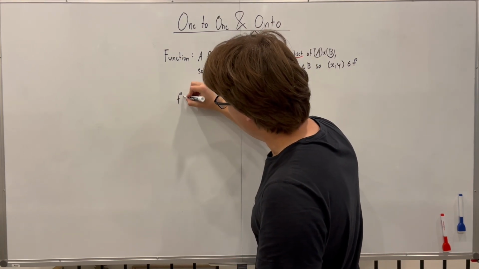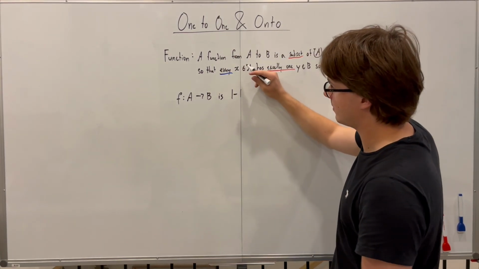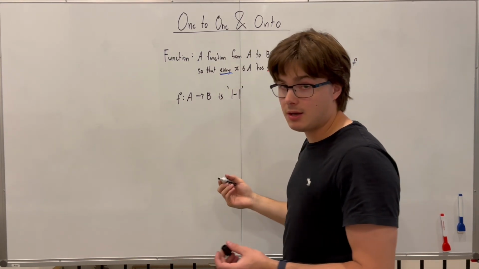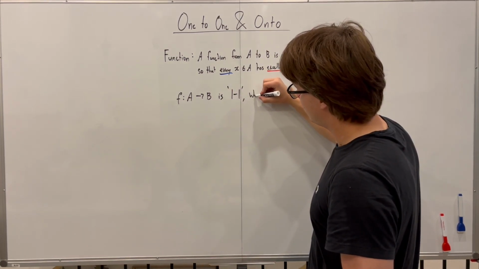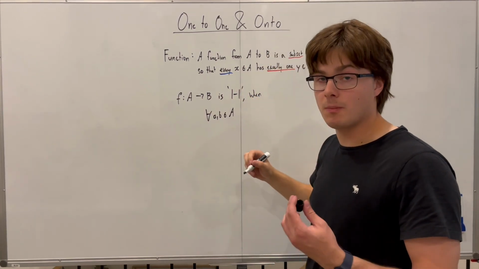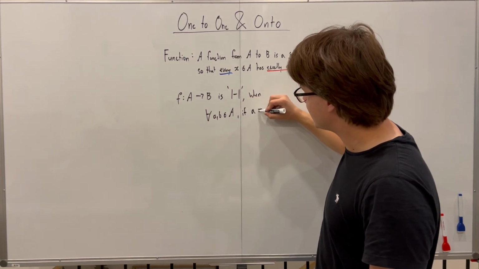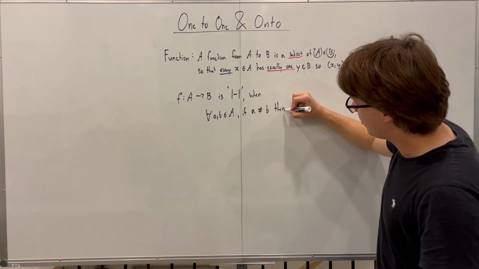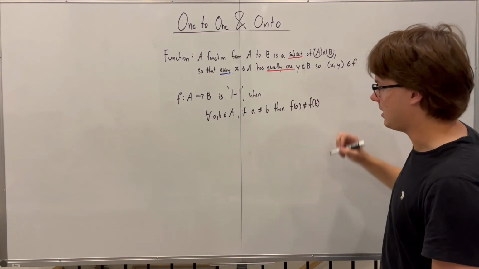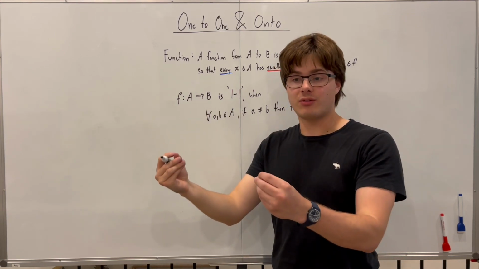Well, f from A to B is one-to-one. This is sometimes the slang notation mathematicians use because they get lazy. A function is one-to-one when for all elements a and b in our domain A, if a is not equal to b, then f of a is not equal to f of b. So what this means is if you have two different elements in A, they go to two different elements in